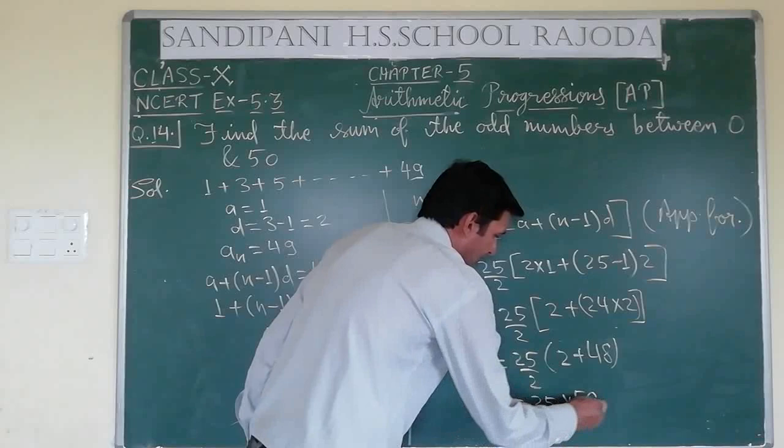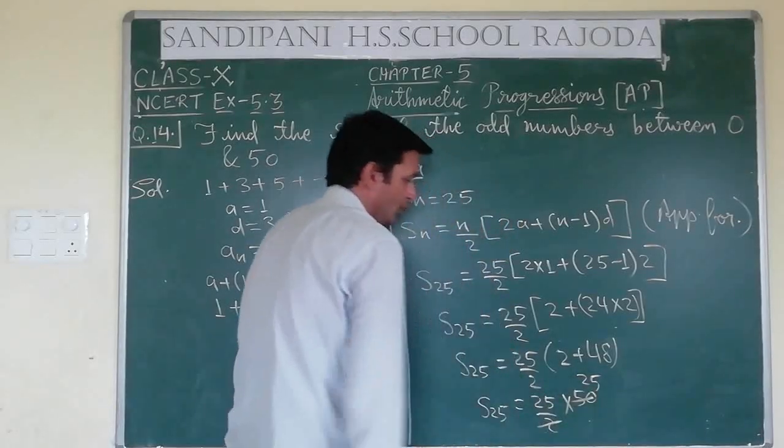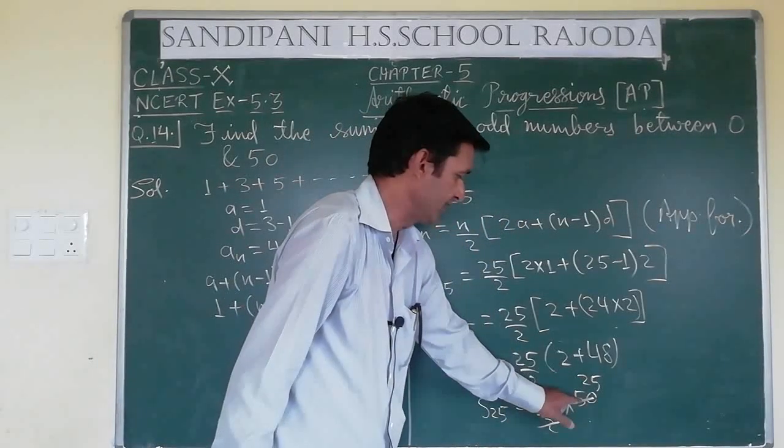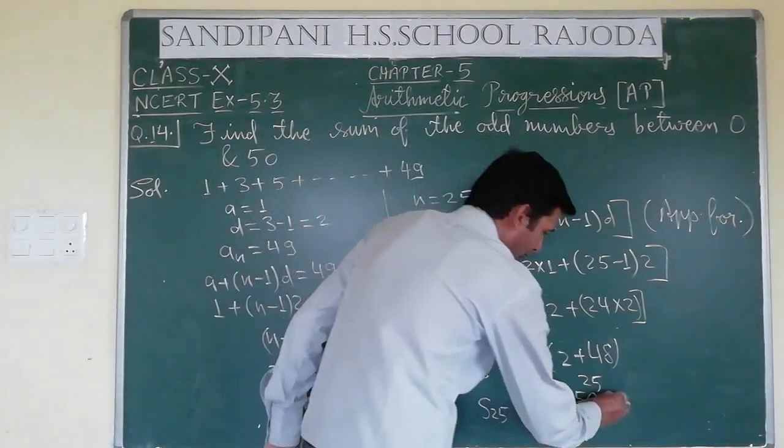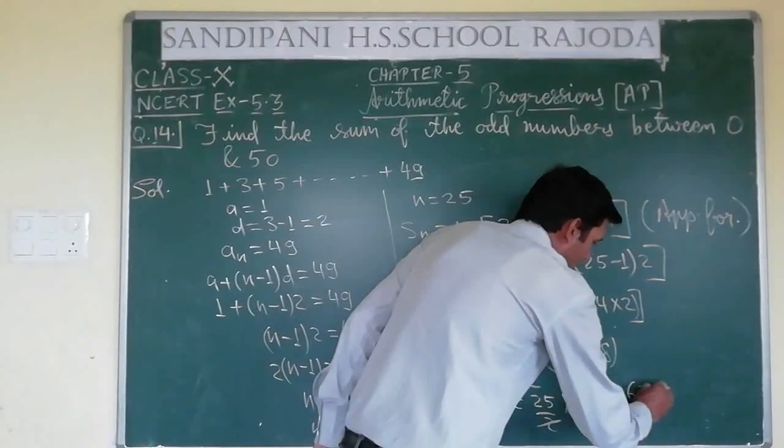So 50 will be cancelled by 2. 2 25s are 50, and 1 is remainder... 25 into 25, the square of 25 is 625. So